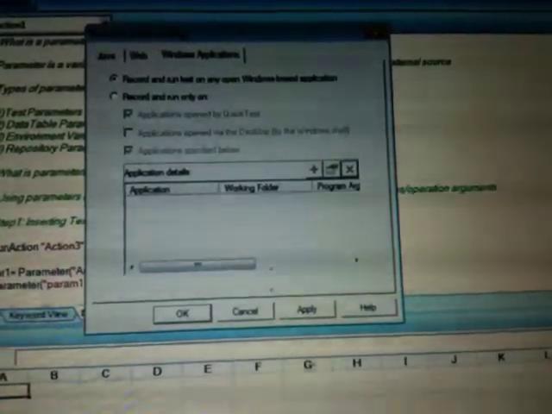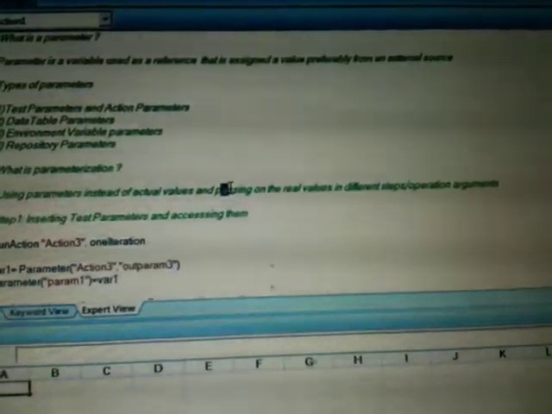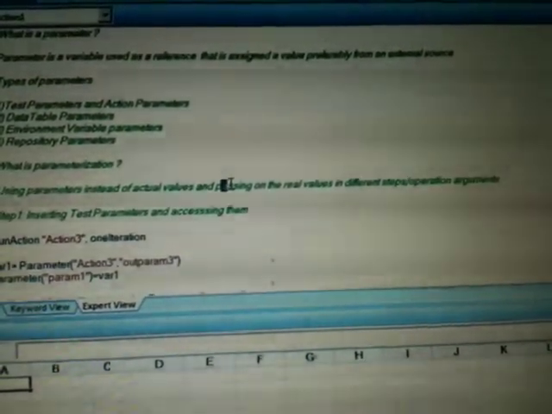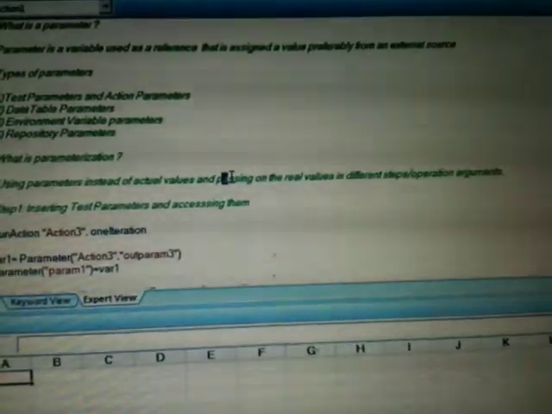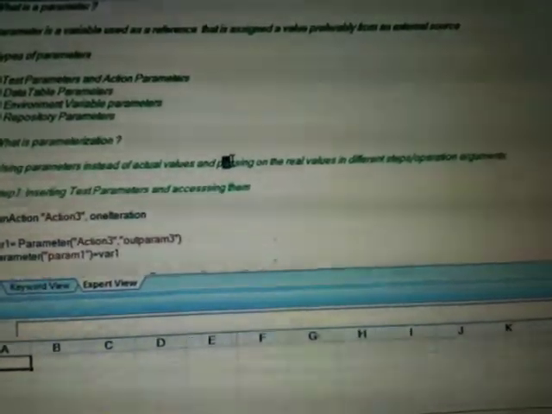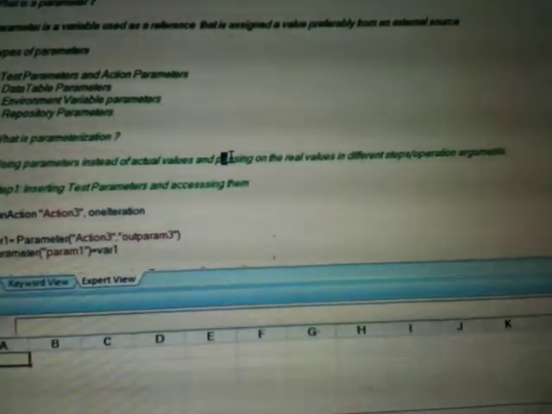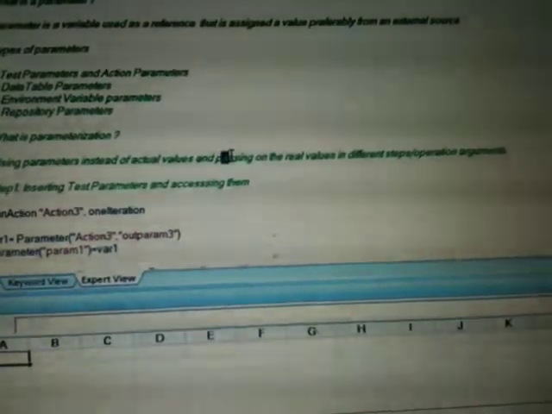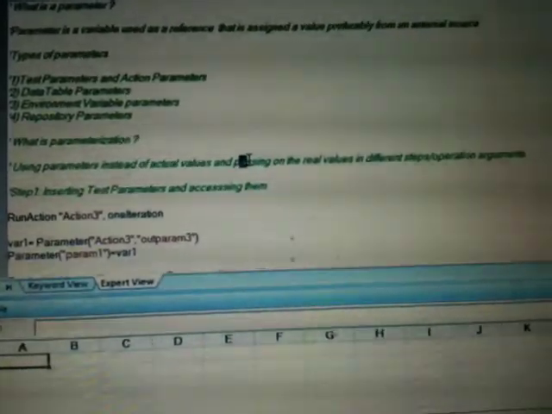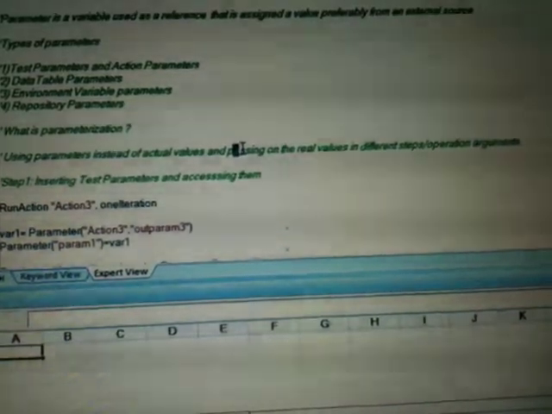Until the last session, what we have done is we have seen the look and feel of QTP. We have learned our five own topics of conceptualization of this tool: what is a test object, what is a runtime object, what is object repository, what is object identification, and what is object spy. Then we moved on to actions. We have seen what the different types of actions are, what a reusable action is, what a non-reusable action is, what nested actions are, how to call one action into another, and what the different ways of doing so are.